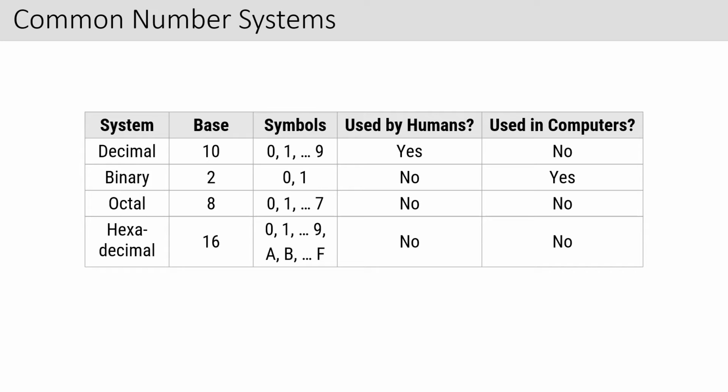In the decimal number system, the symbols used are 0 to 9. If you want to represent 10, it will be 1, 0, which gives you decimal number 10. Now, if you want to represent decimal number 10 in the hexadecimal system, 10 will be represented by the letter A, 11 by the letter B, 12 by the letter C, and so on. It is not used by humans, and it is neither used in the computer.